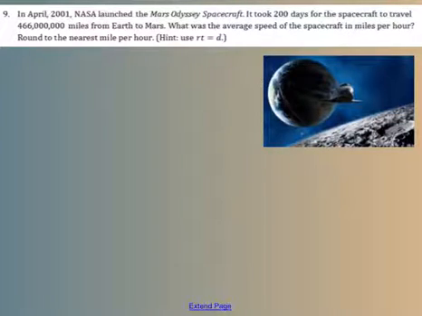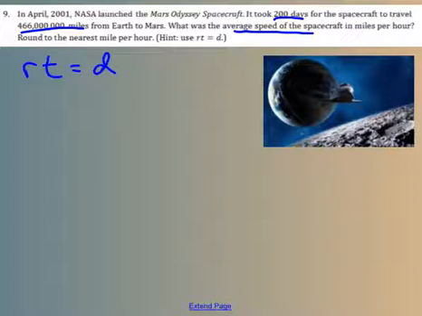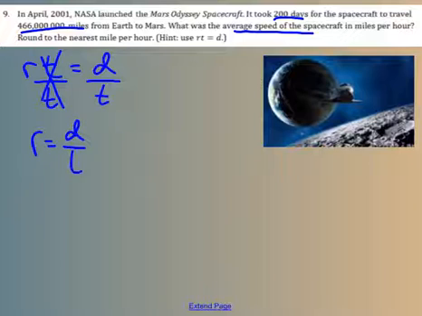A lot of you guys have had physics by now. So rate times time equals distance. Well, it says what was the average speed. So I'm finding rate. It says distance is miles, 200 days. So I actually want the rate, so I'm going to divide by time here. Rate equals distance divided by time, which is equal to